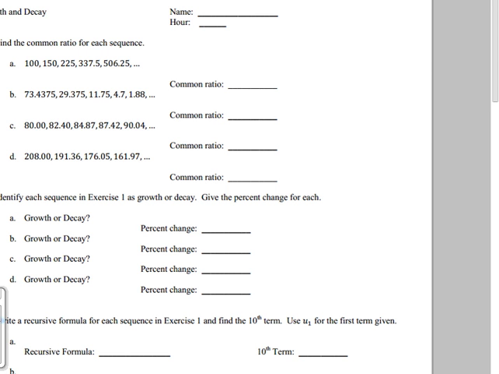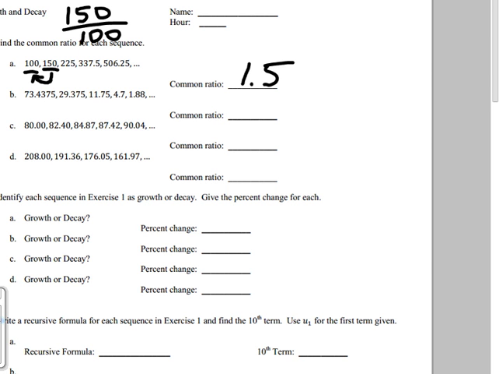Okay, so now, common ratio. A ratio means fraction, right? So we just have to make a fraction out of this to see what it is. If you take the 150 divided by the 100, you're doing it in the right order. You want to take the second one and divide by the first one. Do we even need a calculator to do this? I don't. Can you do that in your head? Divide by 100? Just move the decimal over, right? How far? 2 spots. So final answer? 1.5. That is the common ratio.